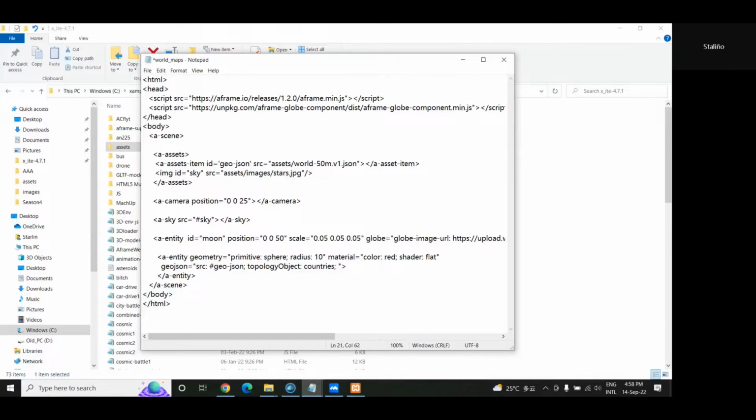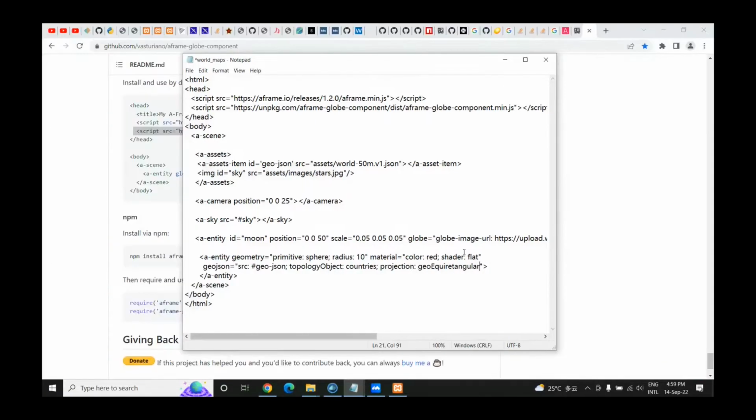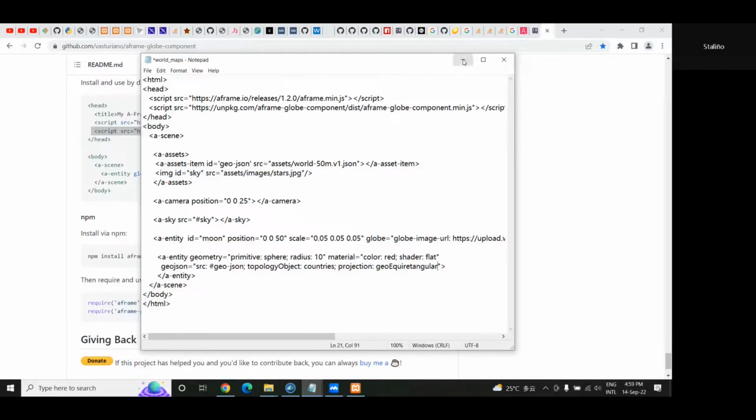And then what else do we have to define? We have to define the projection. This projection is going to be equal to geo equirectangular projection. For this to make sense, I'm just going to go to my browser